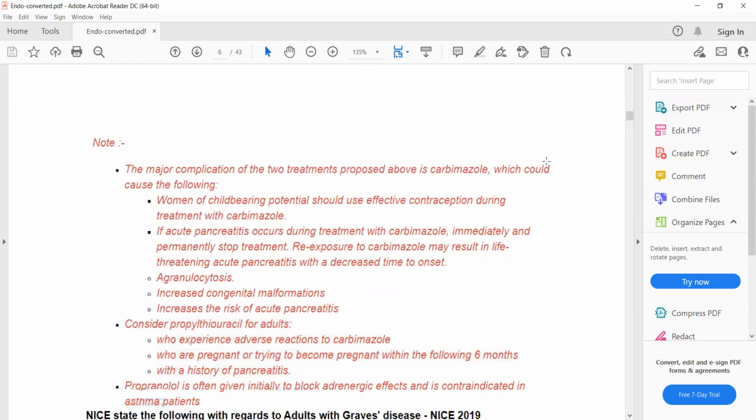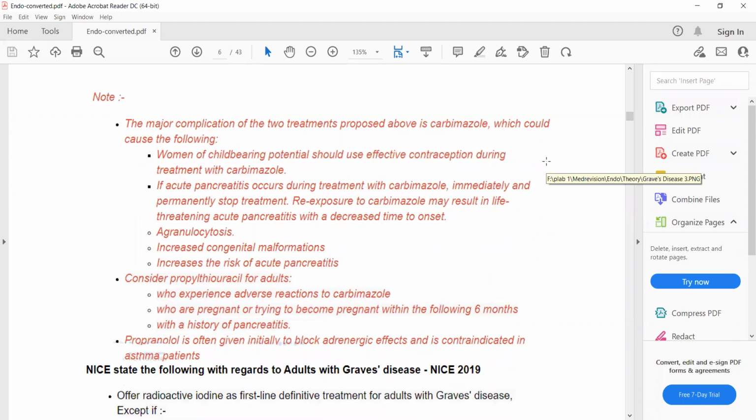Now, some side effects of carbimazole. Remember that women of childbearing potential should use effective contraception during treatment with carbimazole, because carbimazole is a highly teratogenic drug. It causes teratogenicity in embryos. So that's why women of childbearing potential